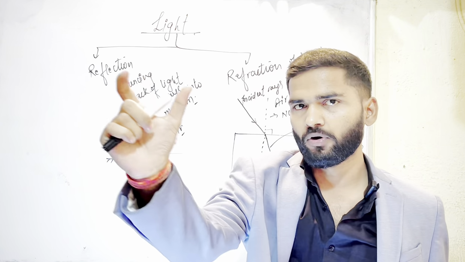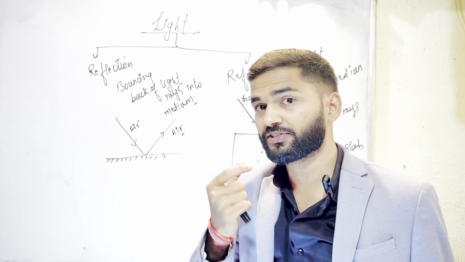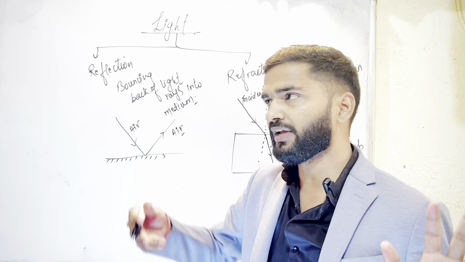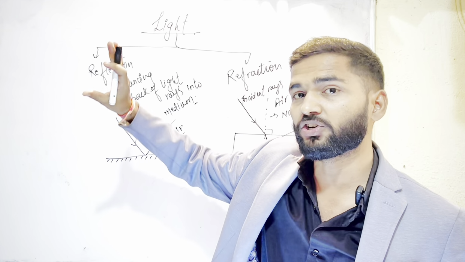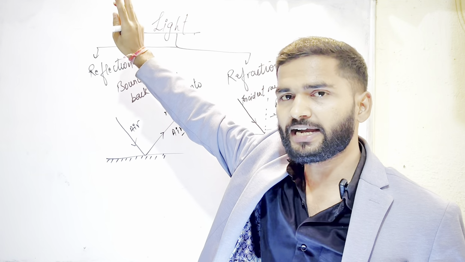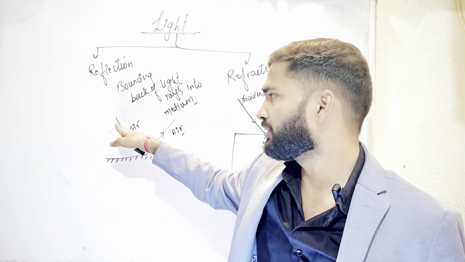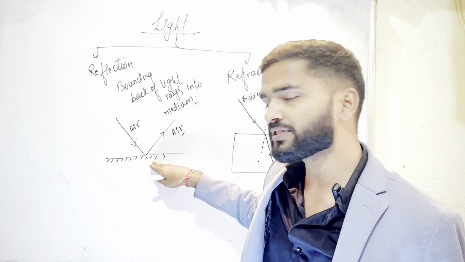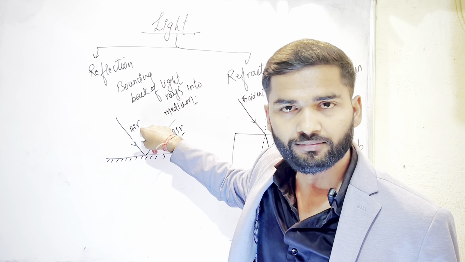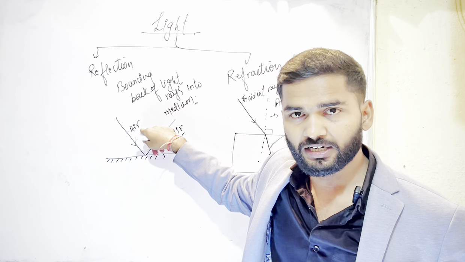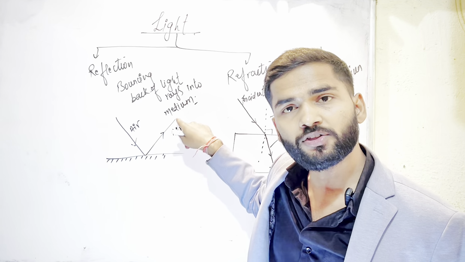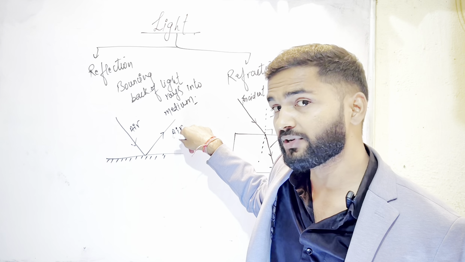If we throw a ball, the ball bounces back into the same medium. That is also called reflection of the ball. When light rays come from any source, or from infinity, where the Sun is at infinity, and strike a reflecting surface, they bounce back into the same medium. It means light is coming from the air in our atmosphere, traveling in the air, and bounces back into the same medium, into our atmosphere.